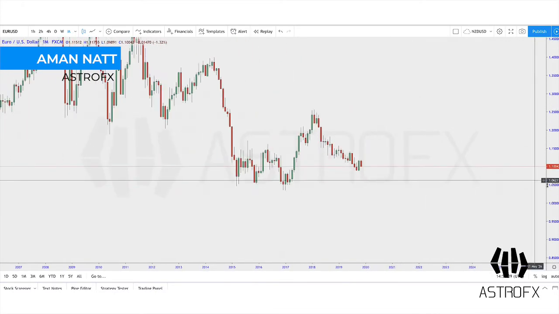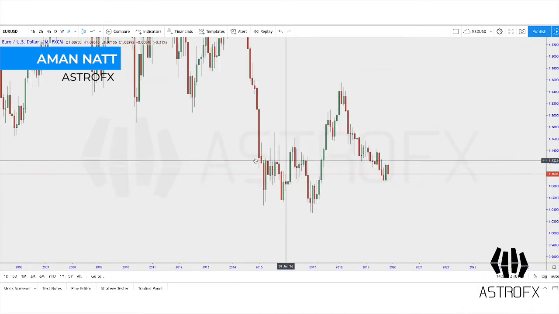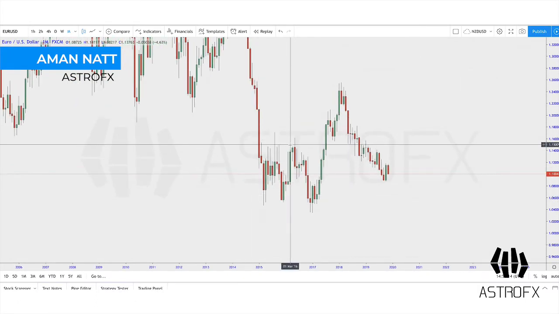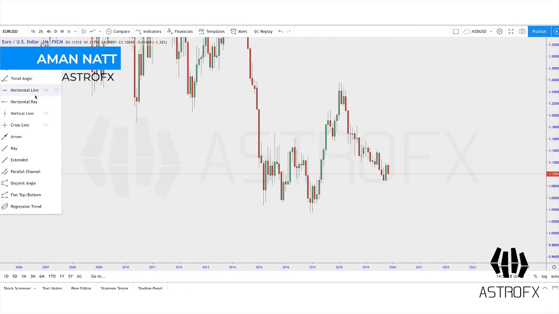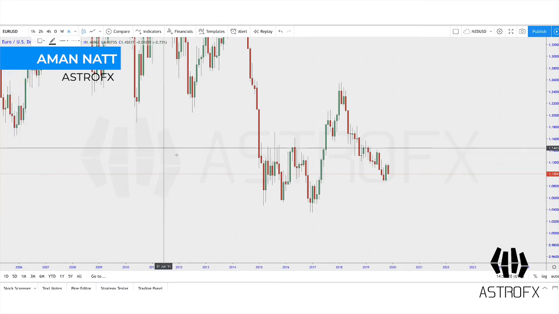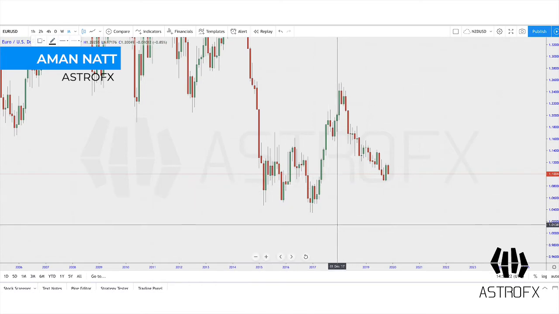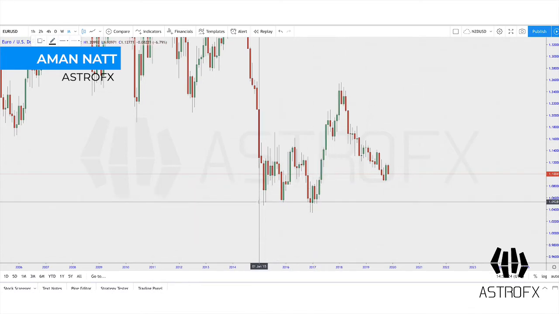And by focusing on this area in the monthly, what we're going to try and do is spot a little roof above this area and a little floor above this area. So let's get the horizontal line tool again. There you go. And I'm going to draw this on, and let's just try and draw it on here, at the bottom here. What we're going to do is we'll move it around a little bit, and let's just say on Euro